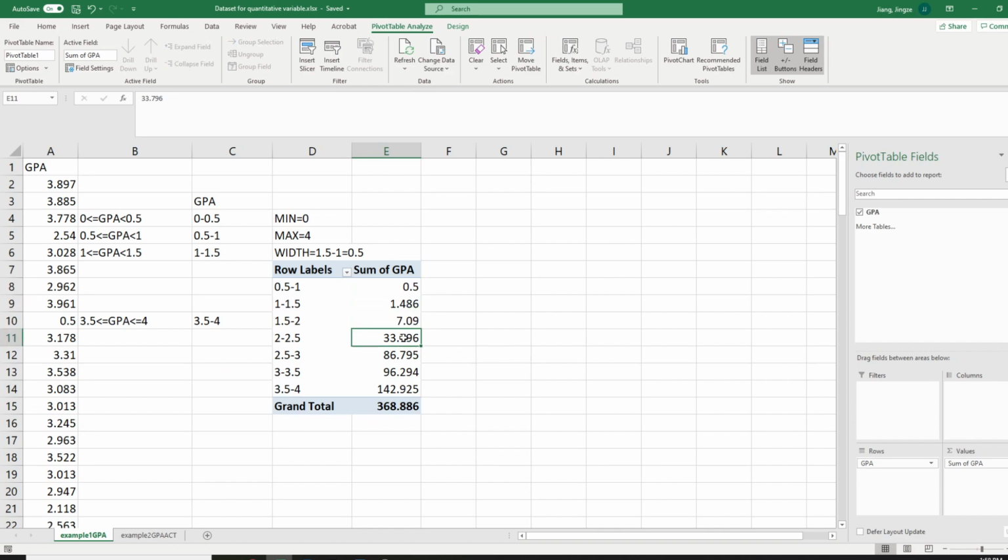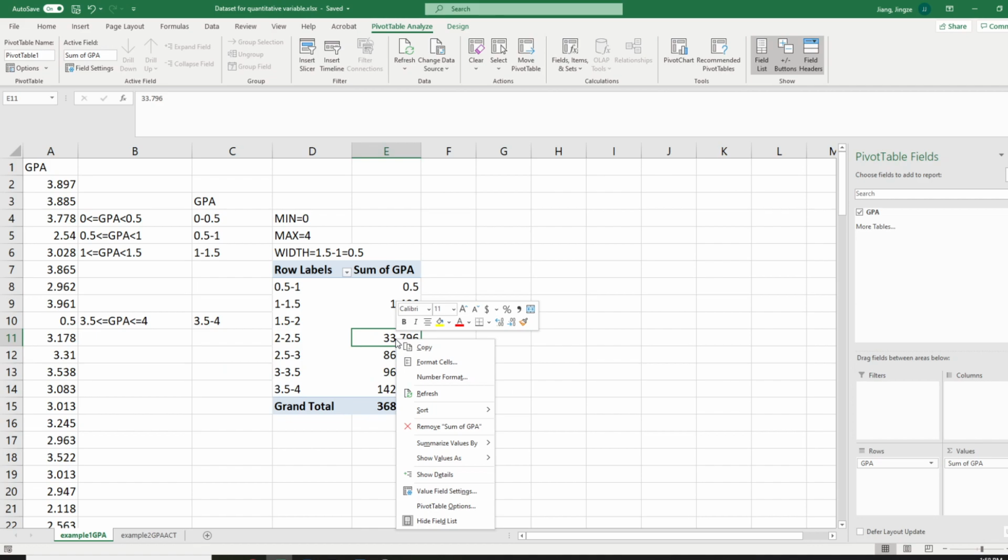You can see all the numbers here are not integers. Therefore, we actually have to do some adjustment. In order to do the adjustment, you just need to choose one of the values in the second column, any value, 0.5 or 1.486, etc. Choose any one. So I choose 33.796, right-click the mouse, and then we're going to do